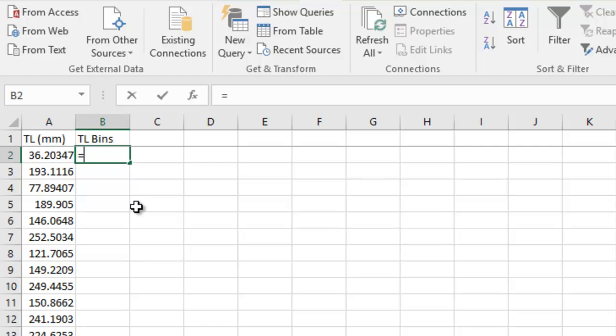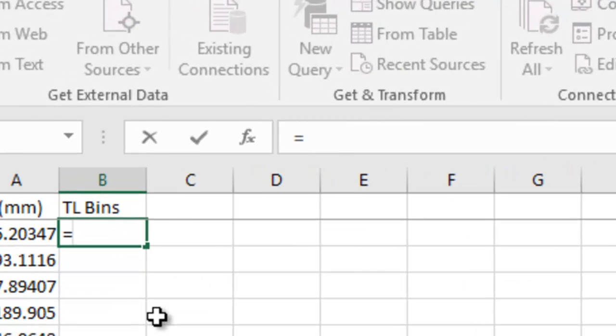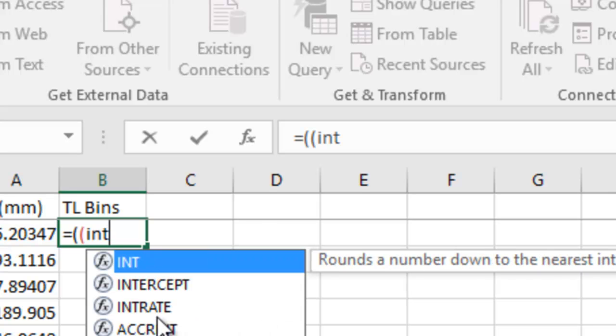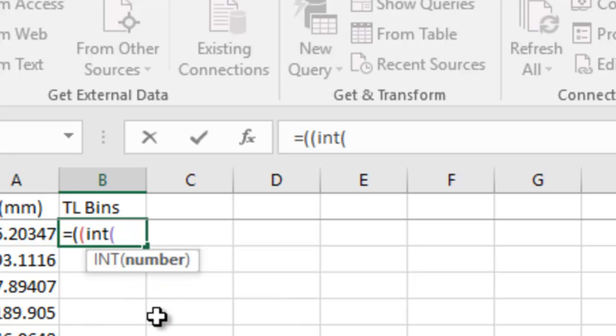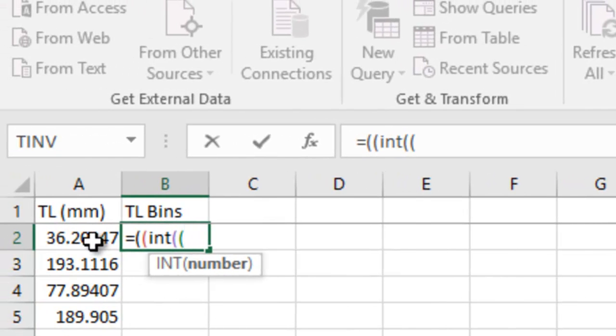So we're going to go equals, and we're going to do a couple of open parentheses. And then we're going to say int, which is integer. So this just takes a function and gives you just the integer value. It drops off the decimal value. And we're going to do a couple of open parentheses. And the first thing we're going to do is we're going to take the cell with our length, and we're going to